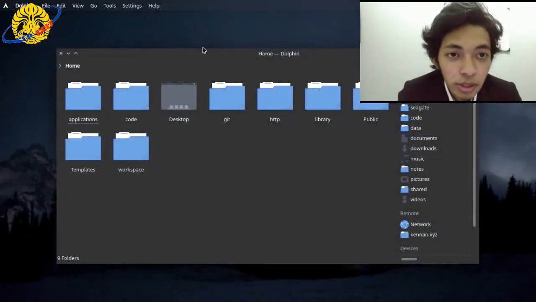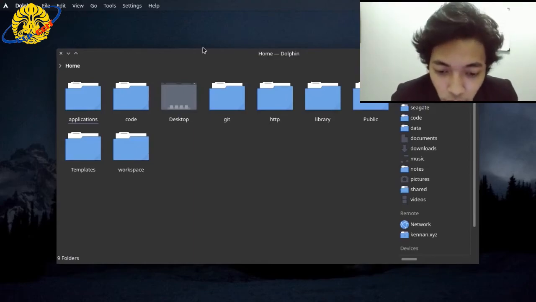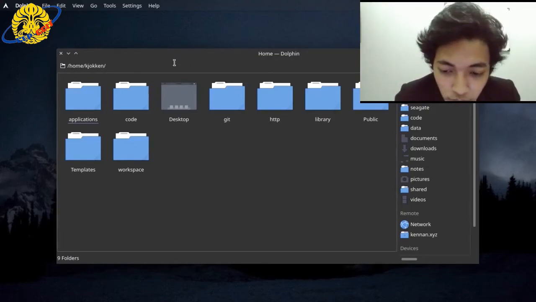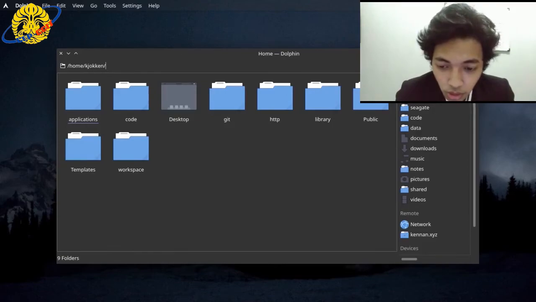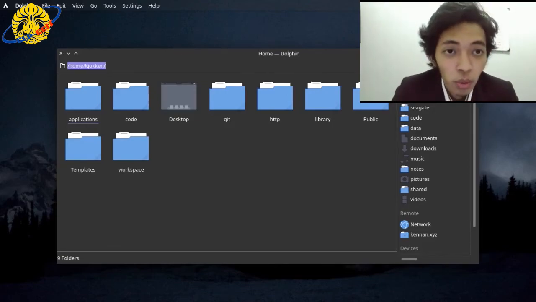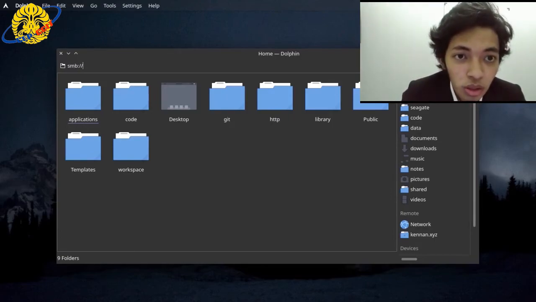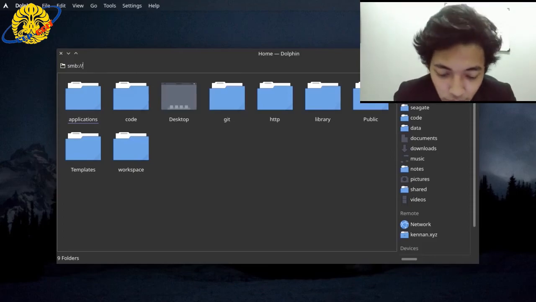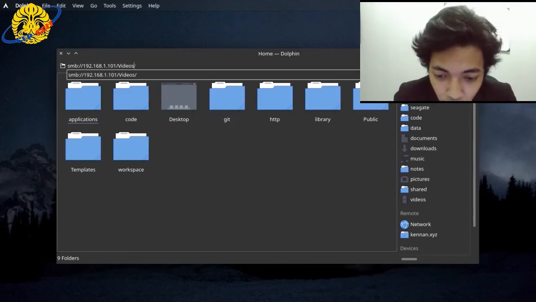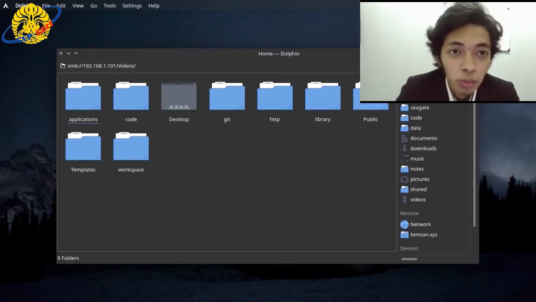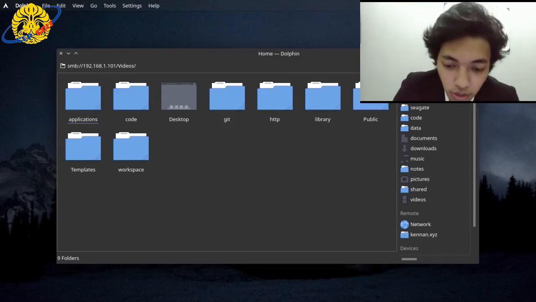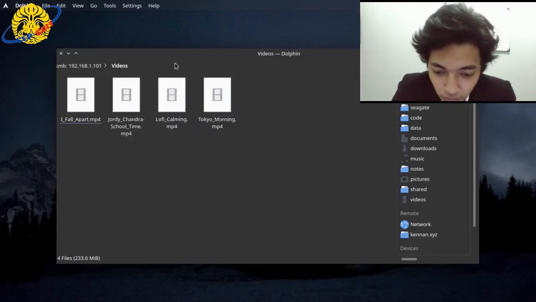I want to give another example, but I'm using File Explorer. In my File Explorer, we can type this address SMB, that is the protocol Samba use, and then type the address of our server, also the folder that we want to put in this File Explorer.